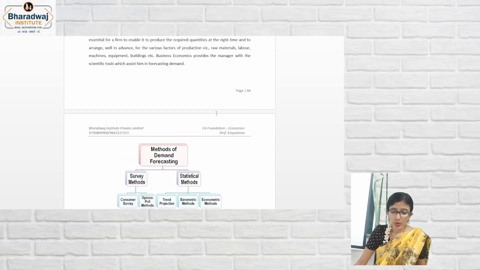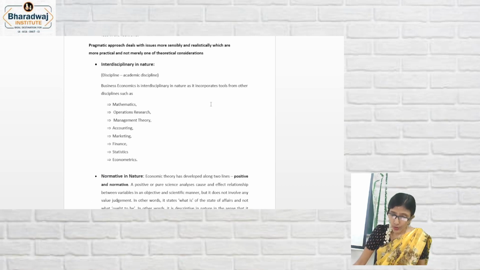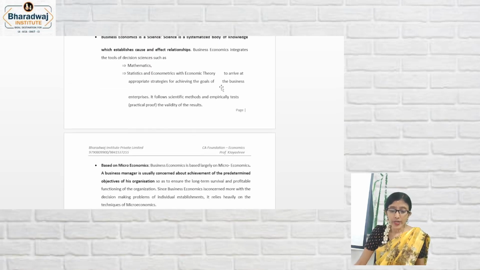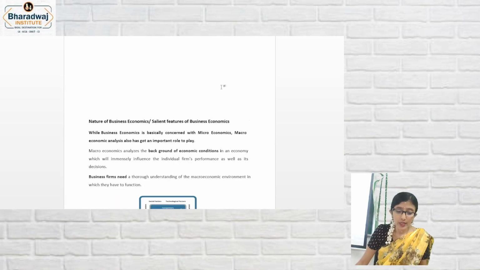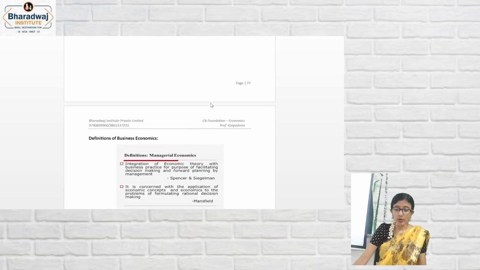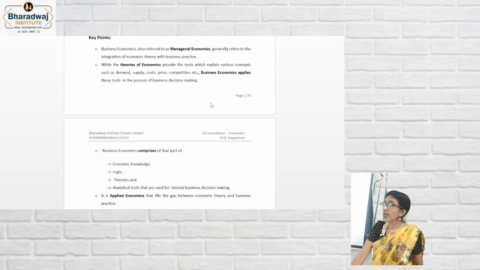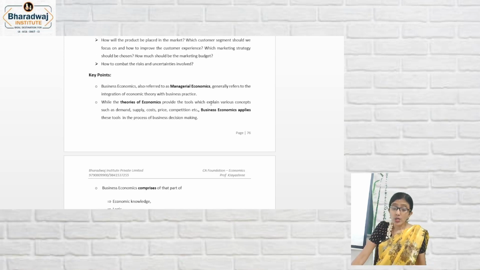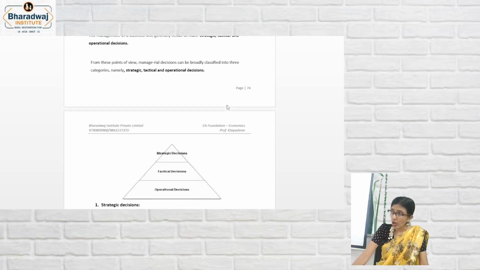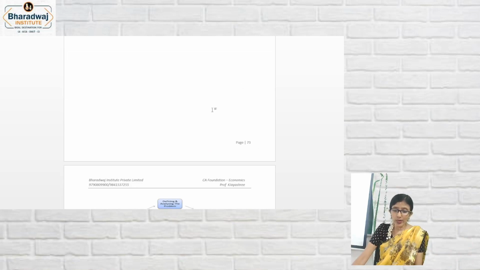Yes. Students, please look at this topic. I am sure that you know that segment B had an exclusive focus on nature and scope of business economics. In fact, I have introduced you to the names of several economists who have quoted what is meant by business economics. So please look at this chapter. Please study from Bharadwaj material because so many examples, references have been given to you based on the classification as operational and environmental. So please look at this topic,